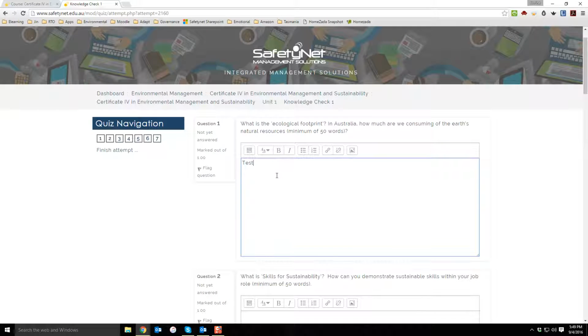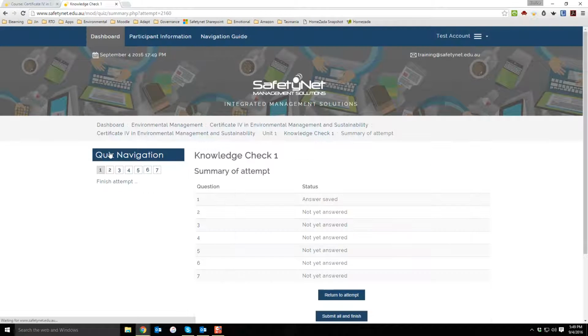So you may want to come back to it a few times. So I'm just going to do finish attempt. And you can see my answer has been saved. Please make sure that you click on that finish attempt. Do not just go and right click or close your screen or close your tab, because it will not save